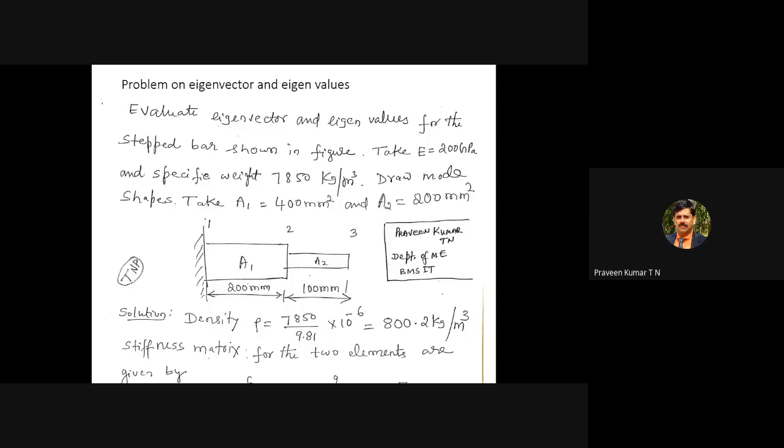You can imagine the cantilever beam moves up and down around 10 times per second, or 100 times per second, or 1000 times per second. That is nothing but the frequency of vibration, F, or in vibration terms it is referred to as omega. We require omega, that is one. We require the damping coefficient xi, and we require one more parameter, the mode of vibration: how exactly the cantilever beam moves. It moves only up and down, or it flexes, or it turns, etc. That is the mode of vibration.